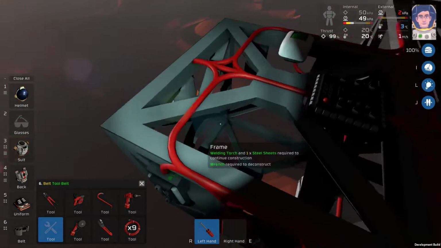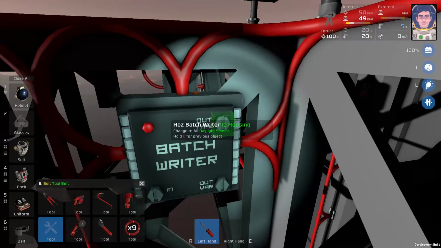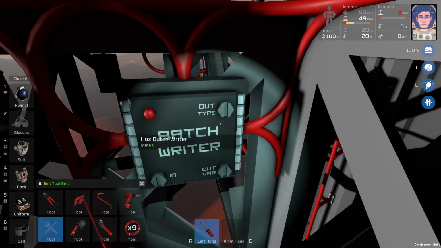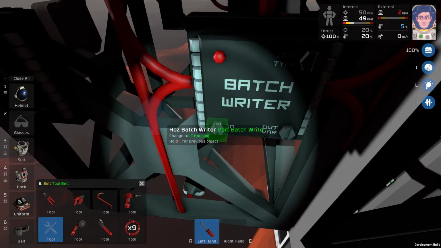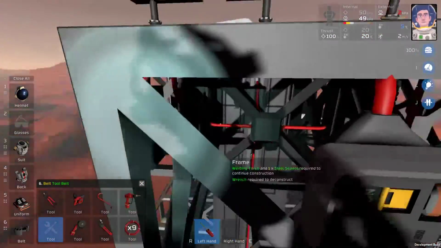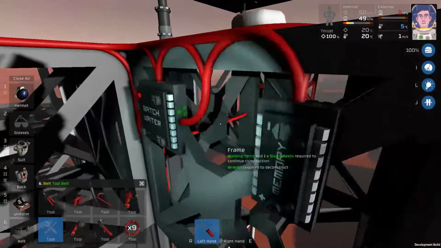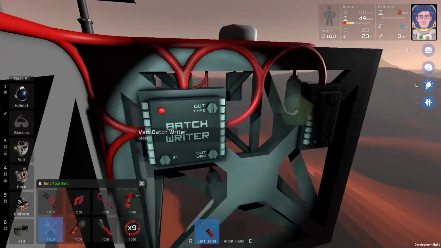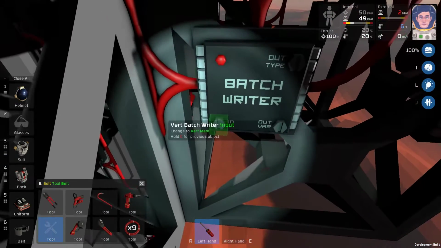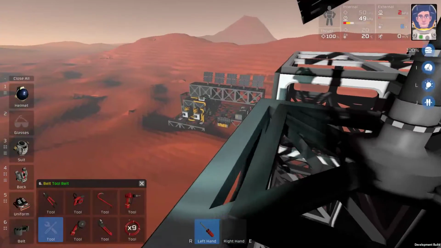Great. And then on top of that, the horizontal batch writer has to output to solar power panels, horizontal angle, and the input will be the horizontal mem. We could turn that on. And then, yeah, this one's running out of power too. The other batch writer will output to the solar power panels, vertical angle, and the input of that is vert mem. Turn that on. And then we're going to need to